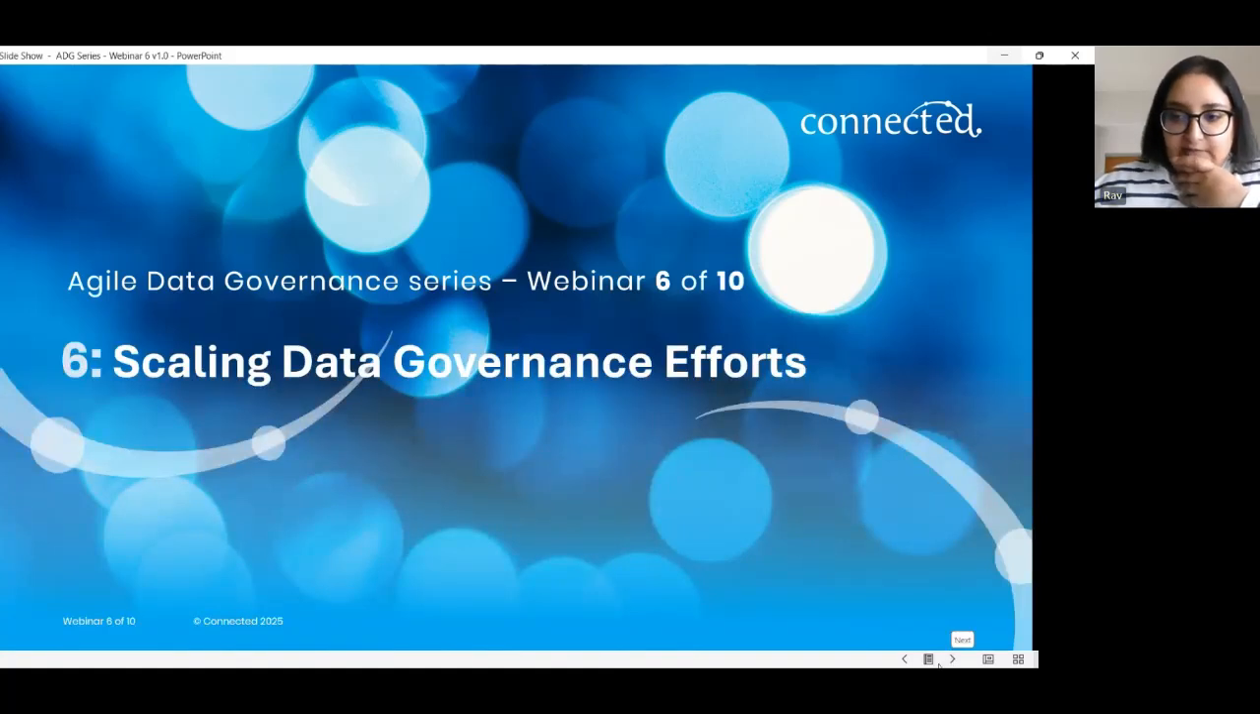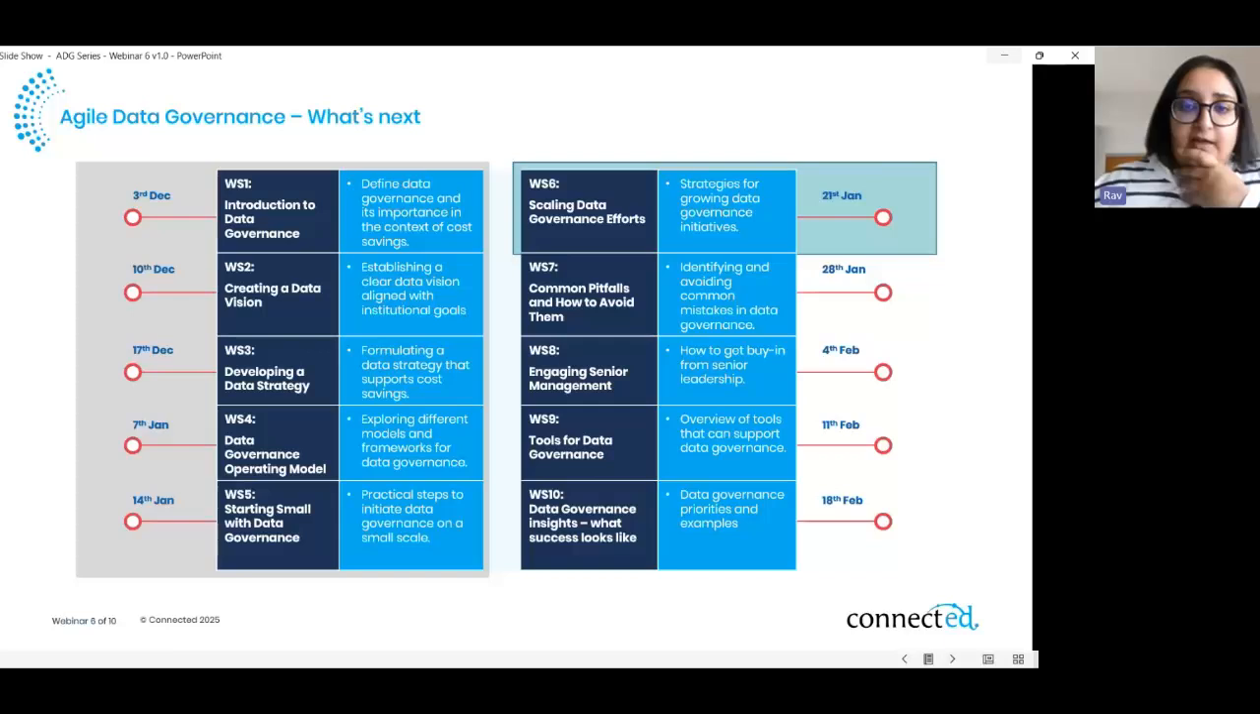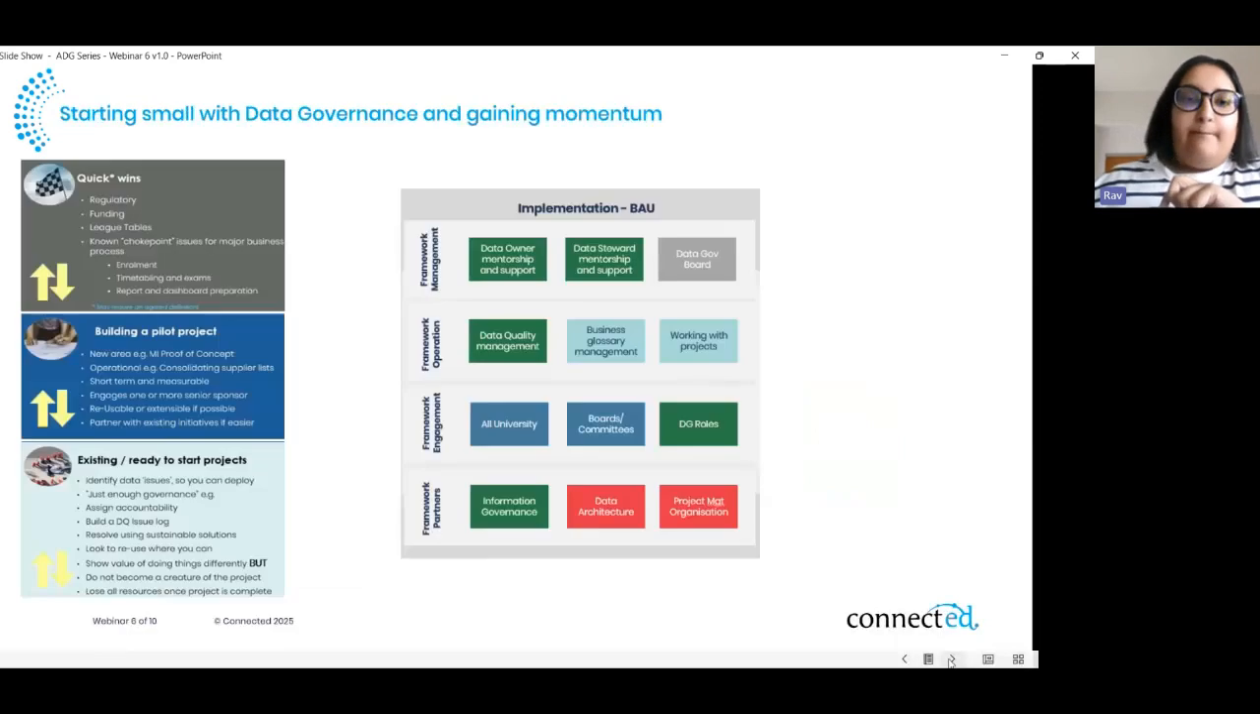So where have we come to so far? Last week, we looked at initiating data governance and we focused on starting small. This week, we're moving on to how we can upscale from those small initiatives and how we can grow the data governance capability within our institutions. And I can't believe how quickly it's going, but we're already at number 6 of 10, so over the halfway mark. So we're going to kick off with this slide, and this is something that's very important to know,